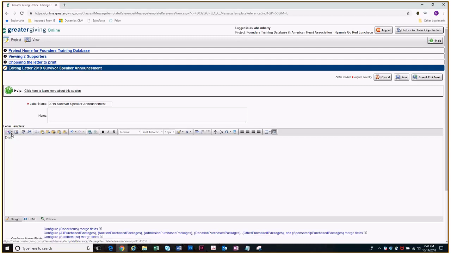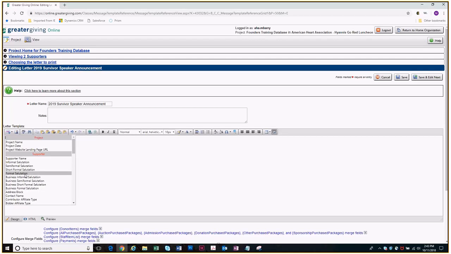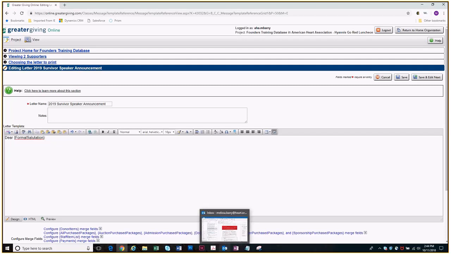Your merge fields are the very first upper left little button here. And you can just choose what field you want to stick in there. So I had Dear, I'm going to put in formal salutation. This will come through as Dear Mrs. Barry. Just keep in mind that if you haven't checked all of your supporter records to make sure that all of the formal salutations come through